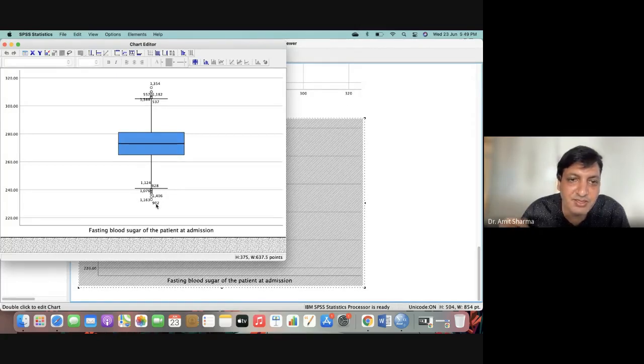So case number 902 and case number 1354 have fasting blood sugar lower than the mean, whatever the mean level of fasting blood sugar is in my study. These are cases with very low values. For example, case number 537 has a fasting blood sugar value that is higher.